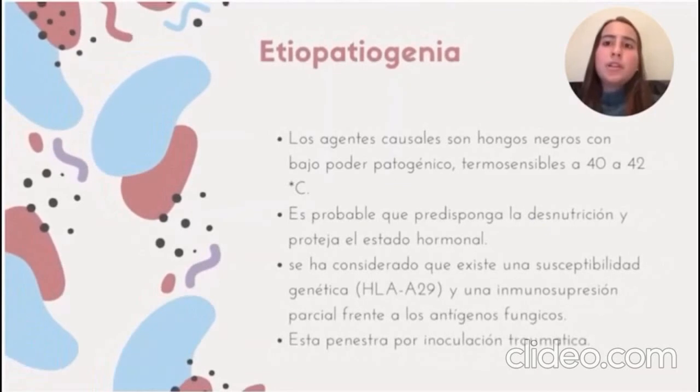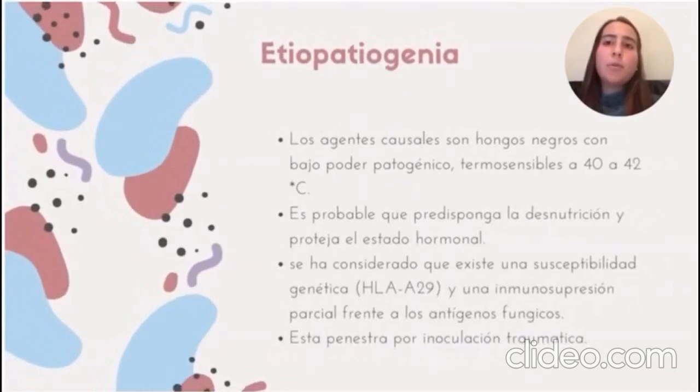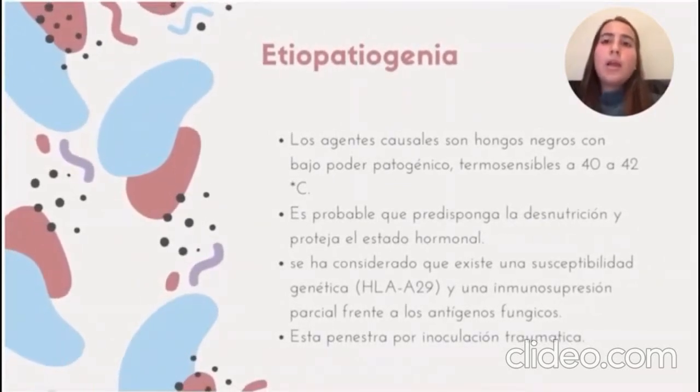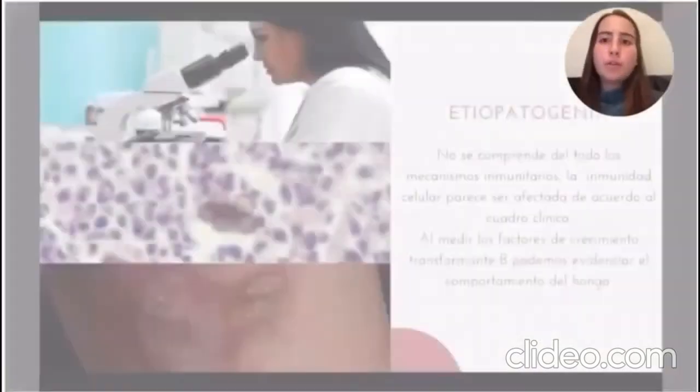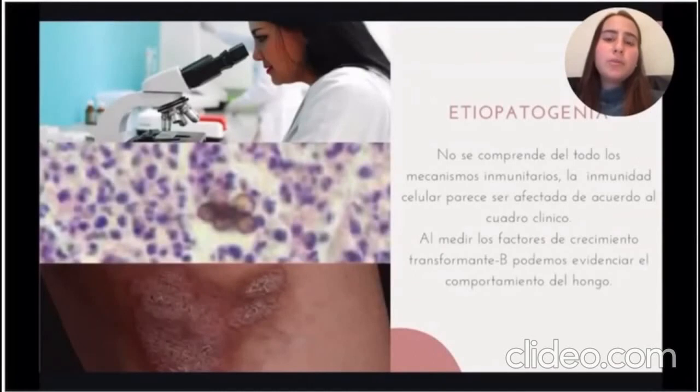In its parasitic phase, it manifests itself in the form of fungus cells which multiply by direct division and sometimes emit filaments. Immune mechanisms are not fully understood. Cellular immunity seems to be affected according to the clinical picture. In warty lesions with many fungal elements, a Th2 response is suggested, and in erythematous squamous plaques with few elements, a Th1